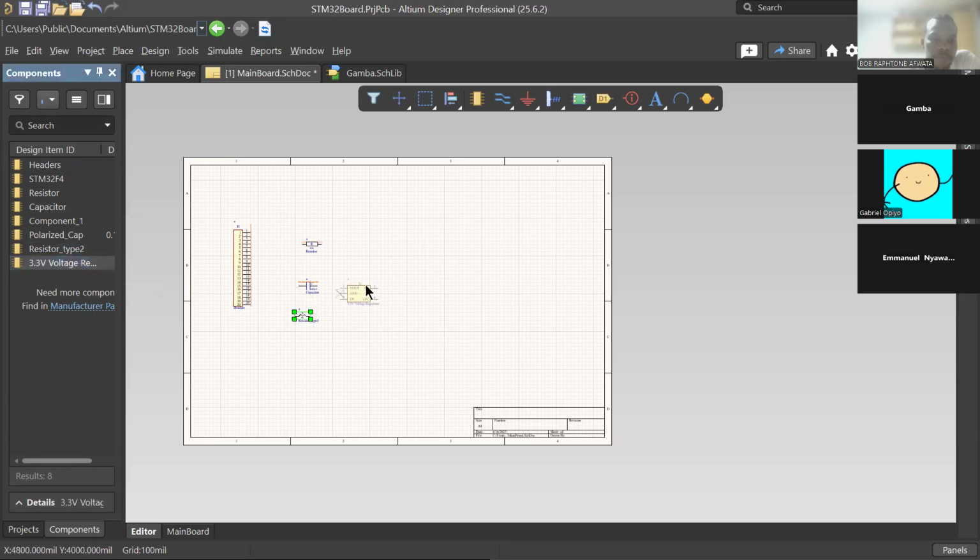Voltage regulator. Are we together? Okay, guys. Have you seen that? Yes. So that